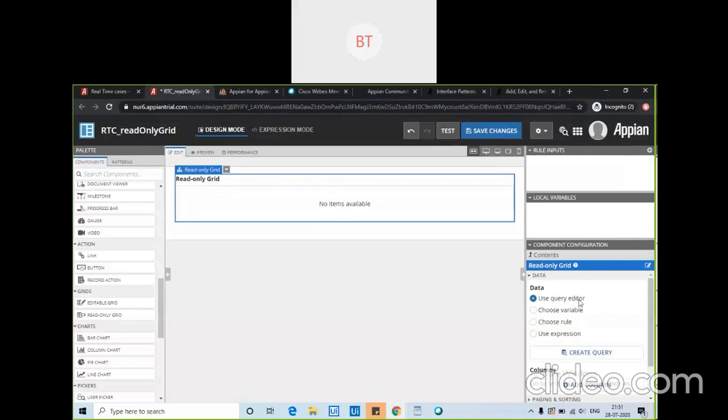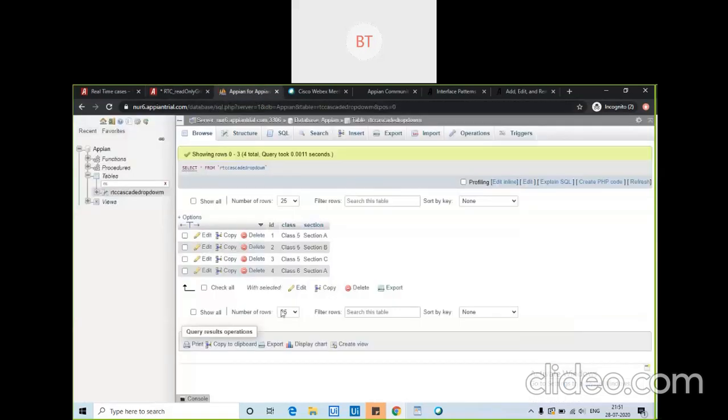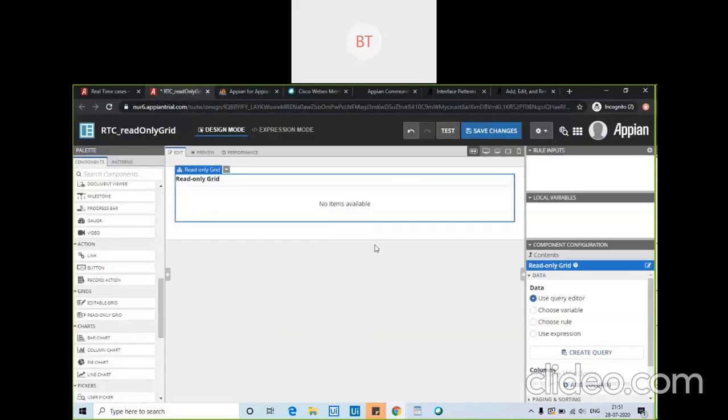Okay, so there is many other options, like suppose you have written some expression rule and there you are calculating some values, mapping some values from here and there, and you want to show those data also in this grid. For the other three the data is not coming from the database directly. It needs some more calculation to do. That's why these are the other three sources.